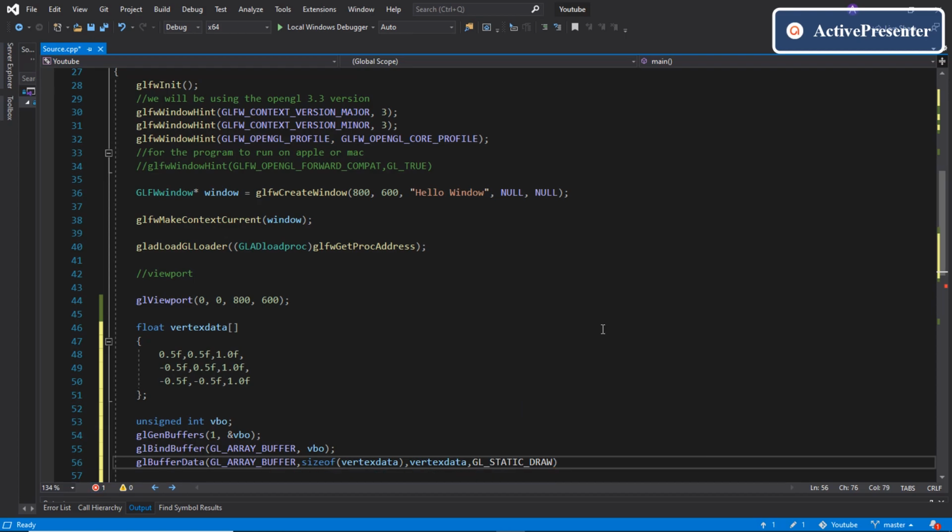However, we can use here something called dynamic draw or stream draw. So basically, if the vertex data is not changing in the whole program, we'll use GL_STATIC_DRAW here. If our vertex data is changing in the program, we'll use GL_DYNAMIC_DRAW here. And if the vertex data is used only a very few times, we'll use GL_STREAM_DRAW. But usually GL_STATIC_DRAW works, so you don't have to worry about that much.